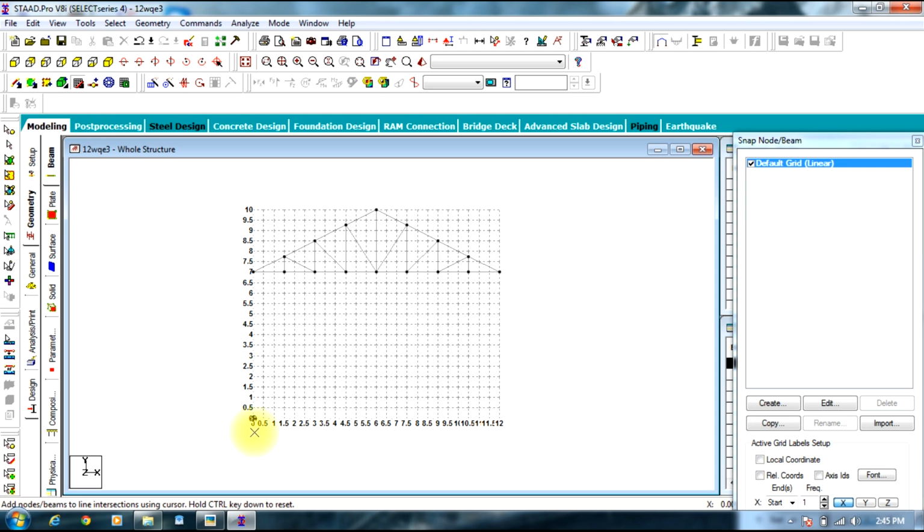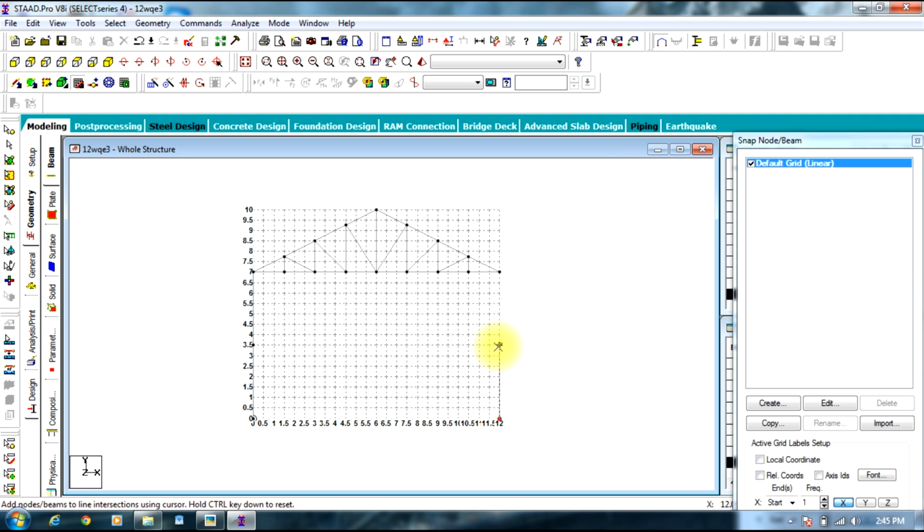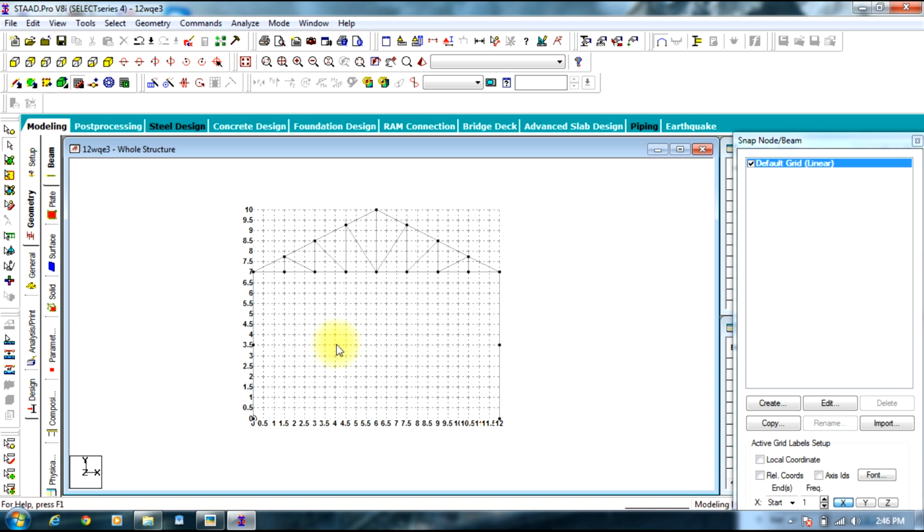Then you can draw up to 3.5, then 7, and then to the end, or else we'll just draw from here once again. Select escape. Now you can switch off the grid,